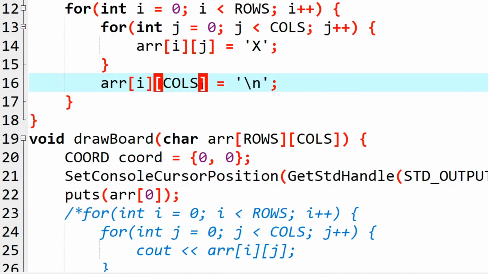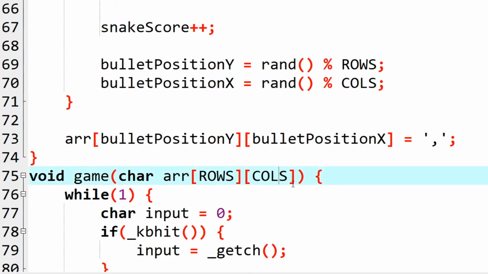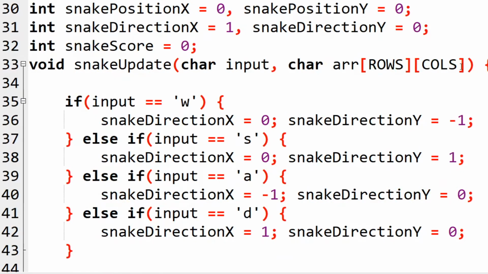So the snake will still move as it did before, but now it gives me 1 extra location for this. So everything needs to have this now, because I have 1 extra position. I need to have 1 extra position here as well in my function parameters to make it work fine.